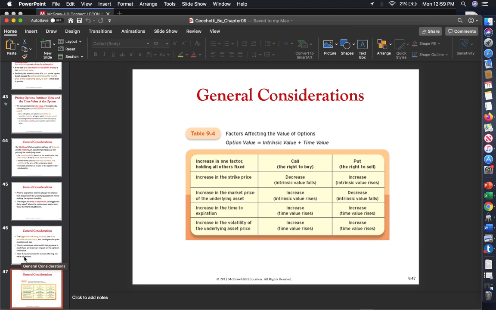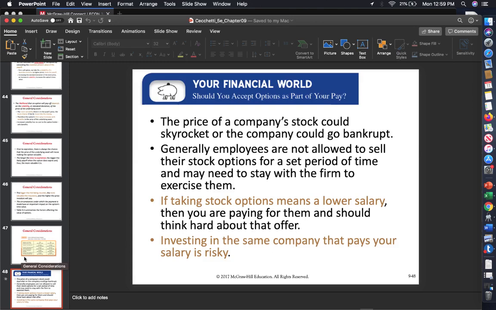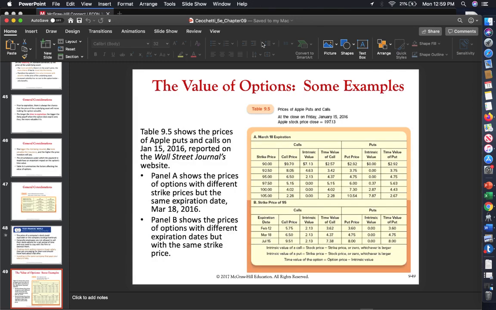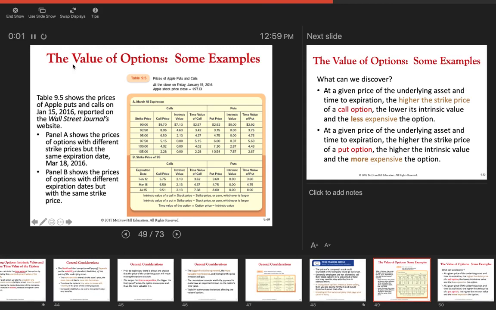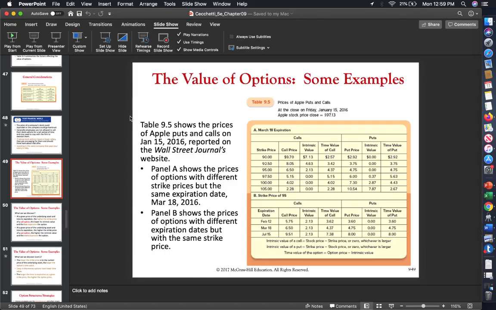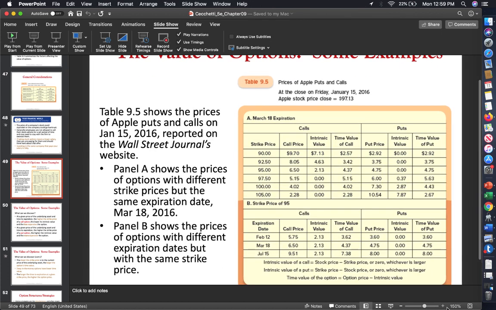So here is a summary of all those factors that determine the price of an option, and let's take a look into an example. Here, let me go in presentation mode so that you can see that better. I don't think that really helped. Let me just go up with the percentages here. So we have here